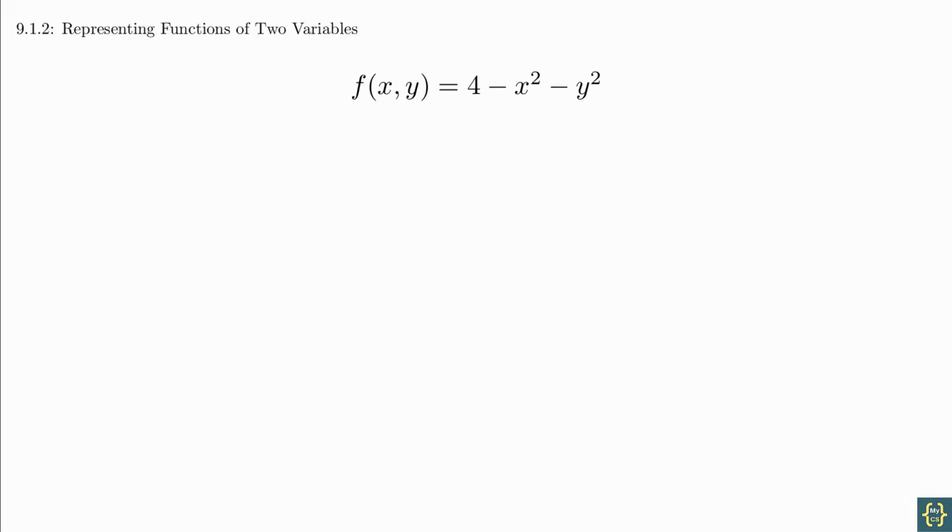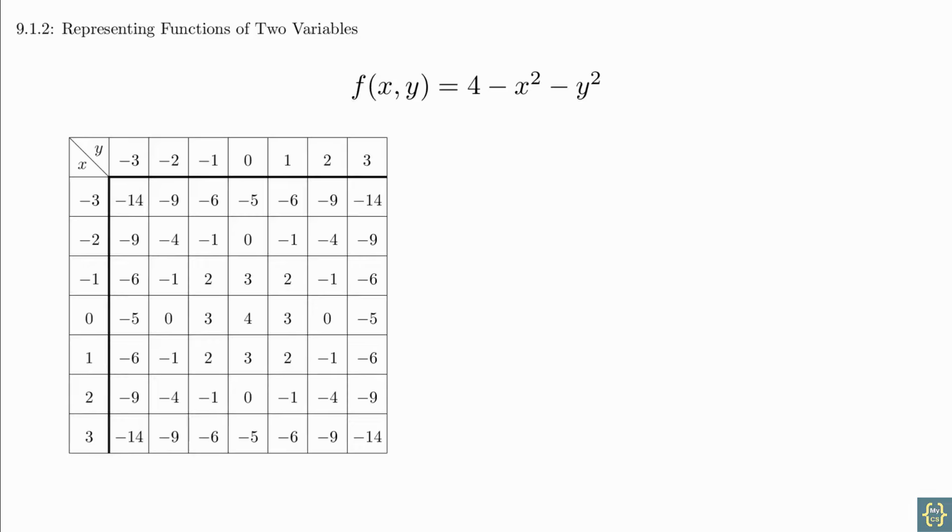As with single variable functions, there are multiple ways to represent functions of two variables. One of the first ways we learn to represent a function is by creating a chart of values. But rather than arranging the chart in a single column, it's usually better to make a two-dimensional table when working with a function of two variables. It's important to label the input values so you know which one is which. For reasons that will make sense shortly, the x values are in the vertical direction and they increase going down the page. We can then fill in every position with the number we get from the formula